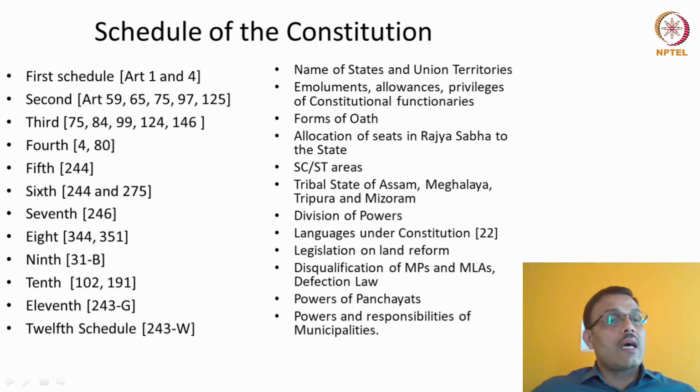Which are the languages that are recognized by the constitution? Just to give you an idea, some of the popular ones are Assamese, Bengali, Gujarati, obviously Hindi, Kannada, Kashmiri, Konkani are some of the languages. But don't forget that we have also recognized in the constitution Nepali as one of the languages. Marathi, Punjabi, Sanskrit, Sindhi, Tamil, Telugu, Urdu, Malayalam, and the Dogri language and the Bodo language are also recognized by